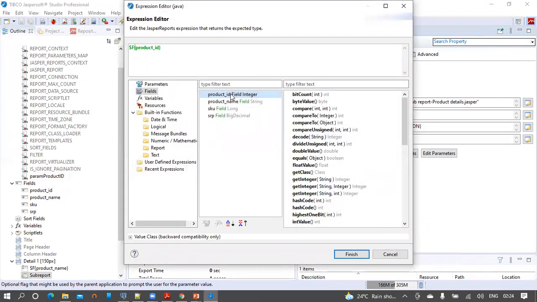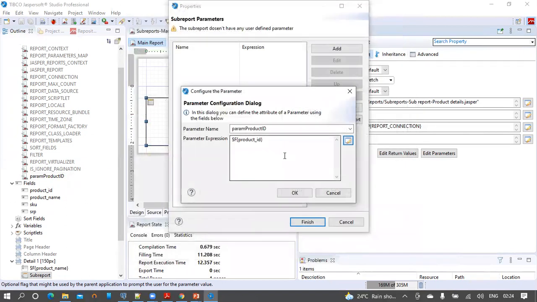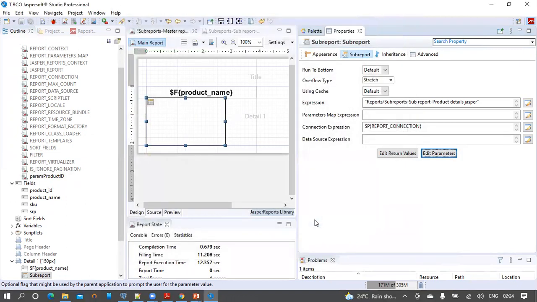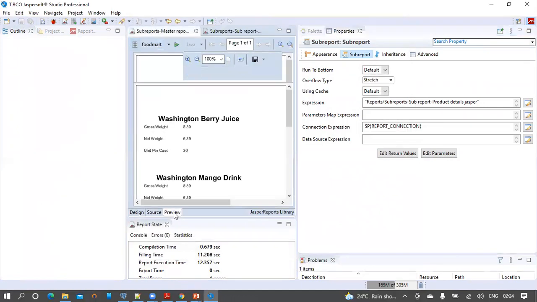We are not going to pass product ID externally when we run the report. This is an internal parameter and we are passing it to the sub report to make the data consistent with the master report data. So every time we run the report, the relevant product ID will be passed on to the sub report. Click OK, click finish, save the master report, and let's run it.